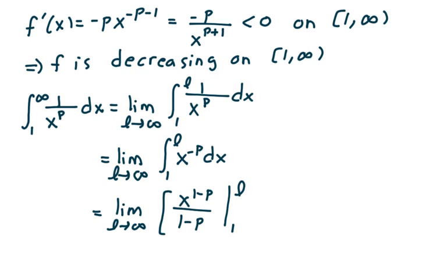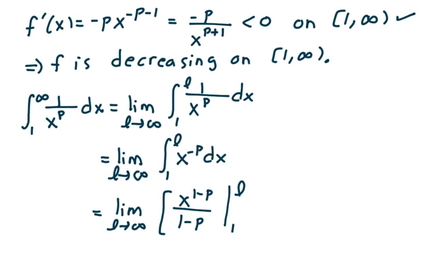F prime of x is equal to negative p over x to the p plus 1, which is less than 0 on 1 to infinity, and so therefore f is decreasing on 1 to infinity. The integral test will once again apply. And so the integral from 1 to infinity of 1 over x to the p dx is equal to the limit as L goes to infinity of the integral from 1 to L of 1 over x to the p